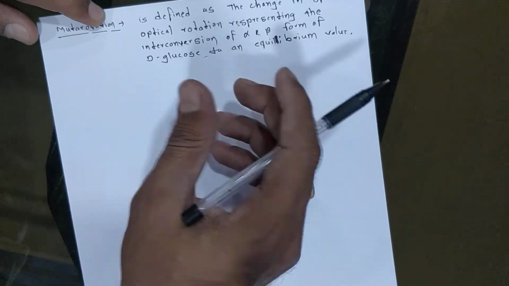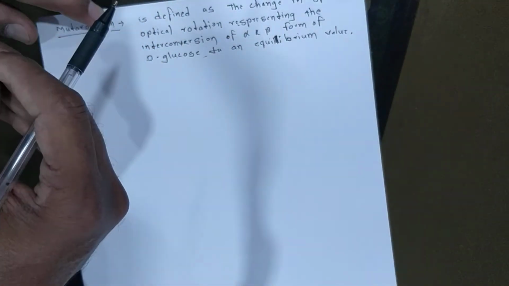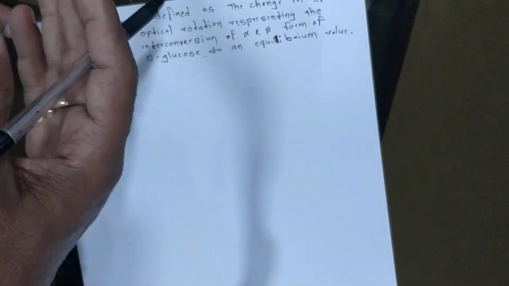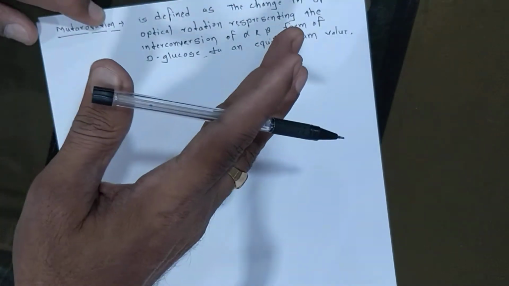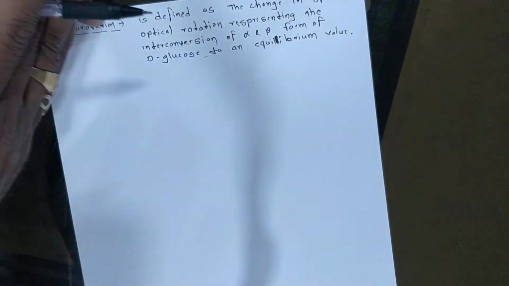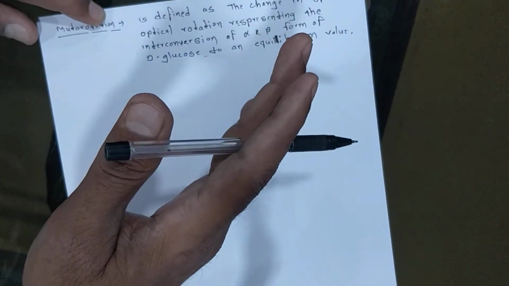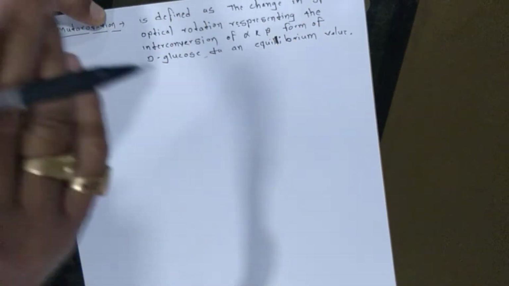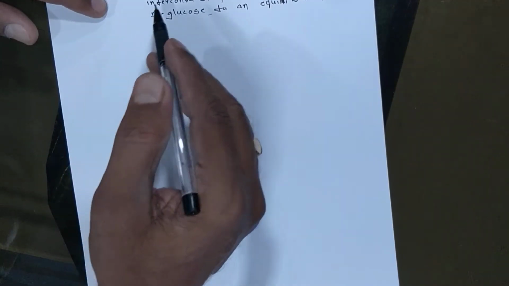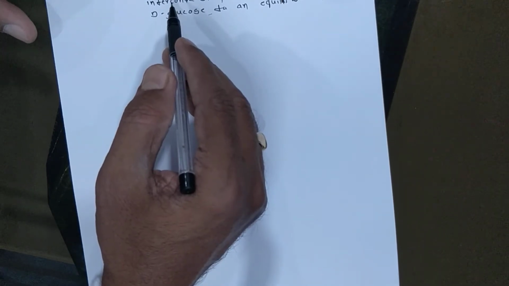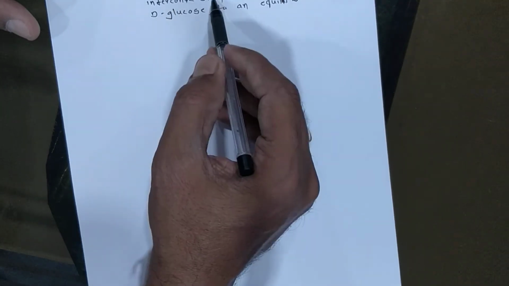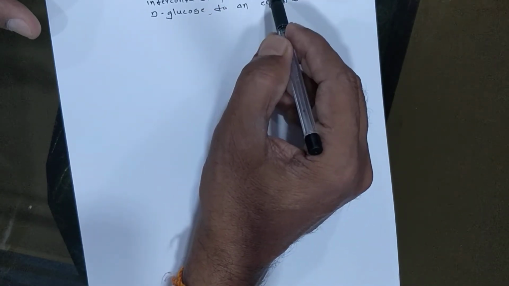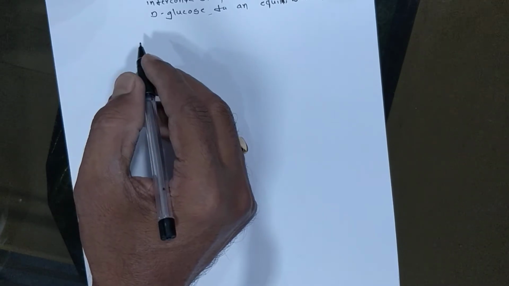Now, when sugar dissolves in water, you get two isomers, alpha and beta. One rotates to the left hand side, one rotates to the right hand side; one has the levorotatory and one has the dextrorotatory property, that is, the compound rotates the plane polarized light. Those compounds that show optical activity show mutarotation. Now here is the specific optical rotation in mutarotation.